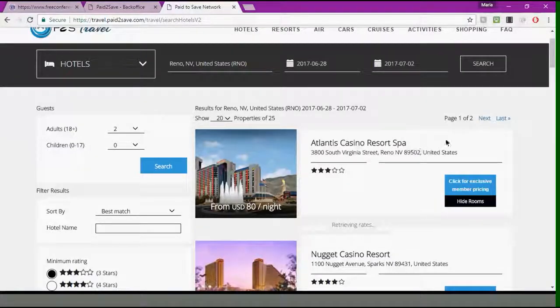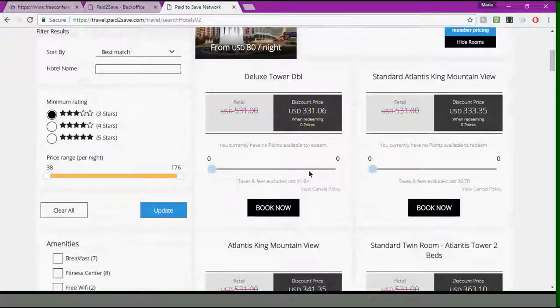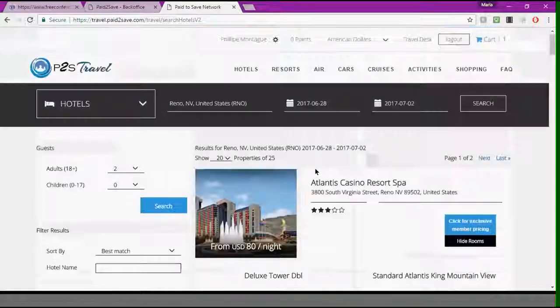So when you're showing rooms and when you click on show rooms, you're going to notice this little slider. If I had points in here, I could show you that once you click your slider going this way, this part starts going lower and lower. It's amazing. When I did the actual demo earlier, I should have had one here with points on it, but you get the gist of it. So you click your slider if you have points, and you'll be able to get it below. So in some cases, you can even wipe that all out, depending on the number of points that you have